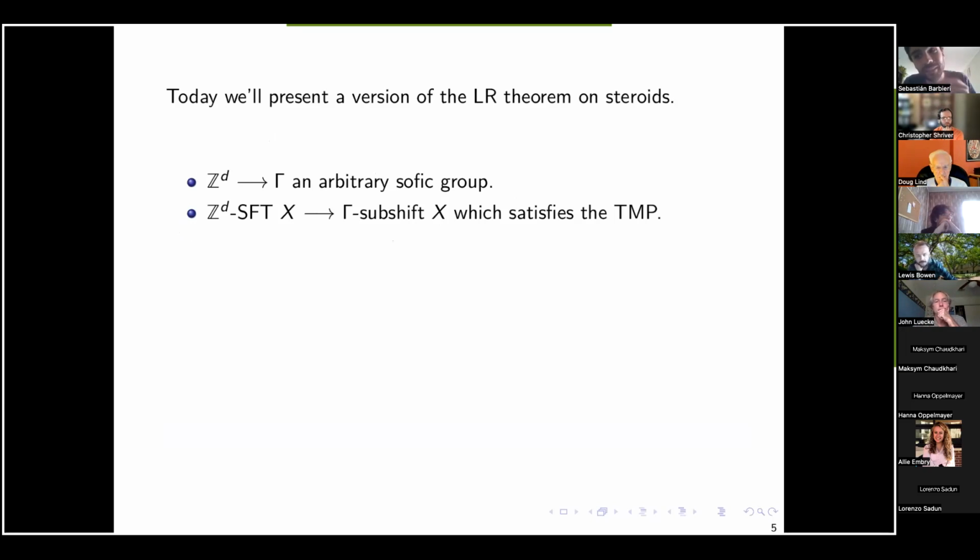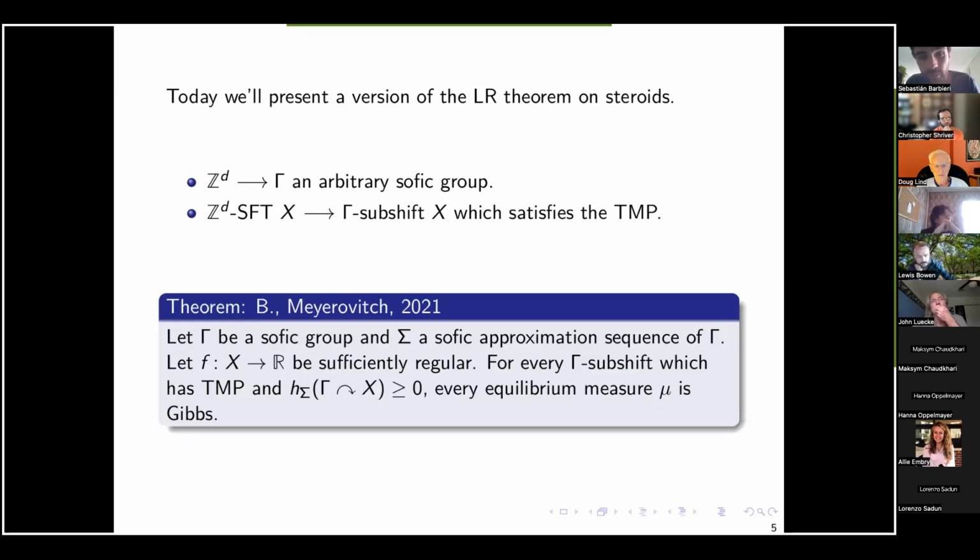It's much nicer in the sense that there are countably many subshifts of finite type, but there are actually uncountably many subshifts with the TMP for an arbitrary group. So it's a much more general property. And we're going to see that this TMP property is very related to Gibbsian-like properties in the space. Okay, so let me first state the theorem. My goal in this talk, or at least what I aim to do in the first 50 minutes of the 60-minute talk, is to explain the terms of this theorem.